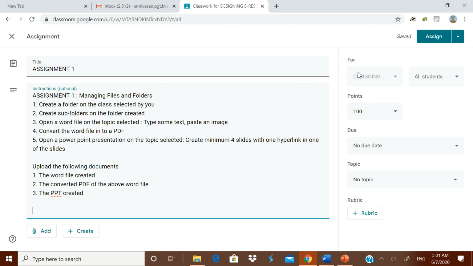Okay, here once again, you can give it to all the students or you can give it to only selected students. And mark also, you can keep it or leave it as unmarked. I will just keep it as done. And due date also you can keep, and topic as usual, only one topic I have. If there are more topics, you have to do it.